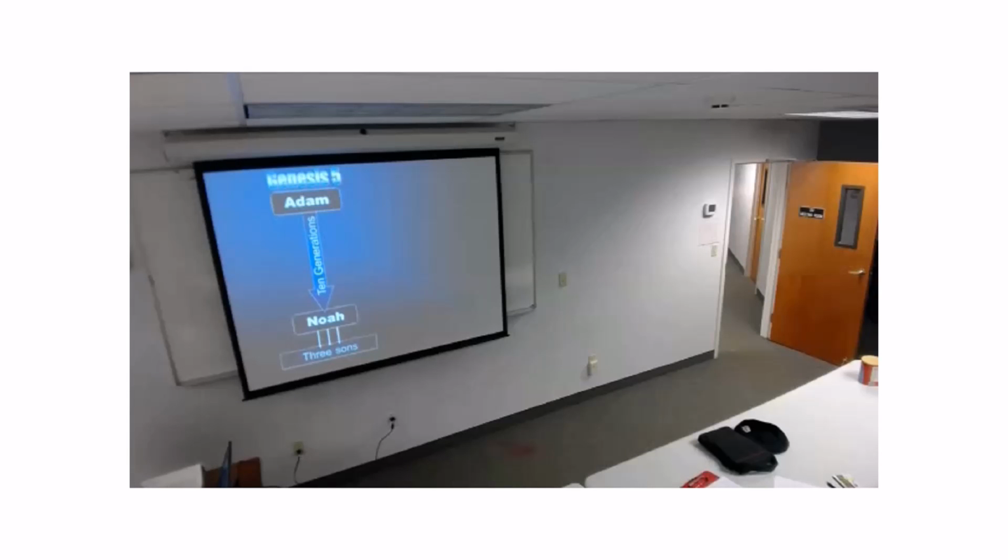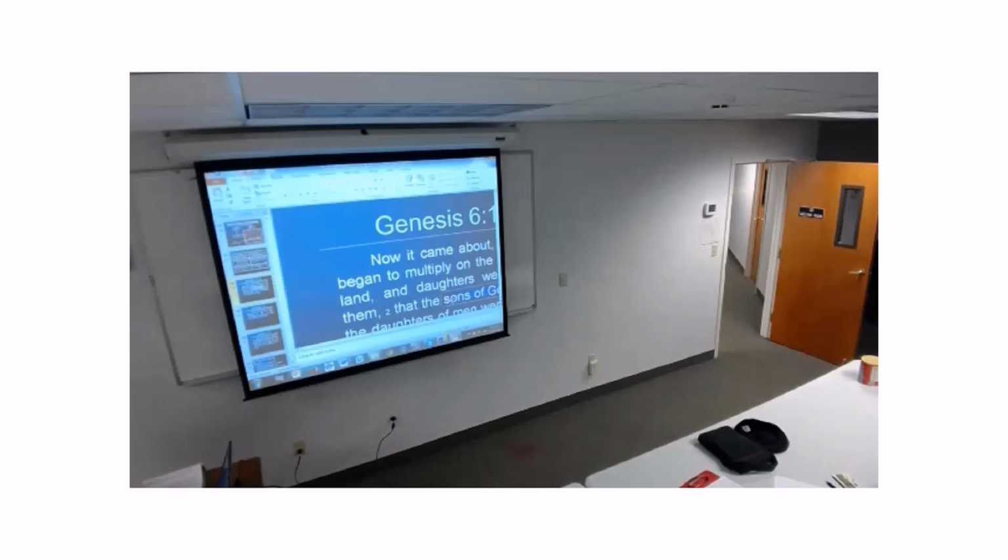So in Genesis 5, you have 10 generations from Adam to Noah. There are 3 sons. Actually, you can think about 3 sons of Adam and now 3 sons of Noah. And then you have Noah having 10 generations all the way up to Terah. And then he has 3 sons. Abram is one of them. Actually, we're going to start with the slide on Abraham just now. Let's just finish Genesis 1 to 11. Any questions?